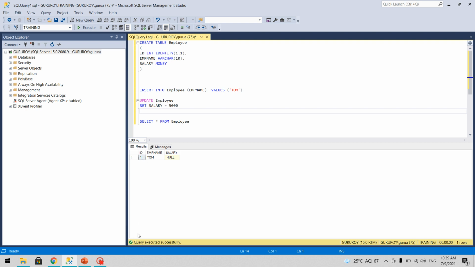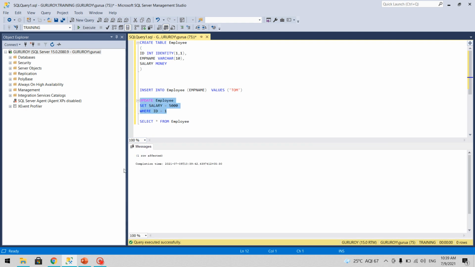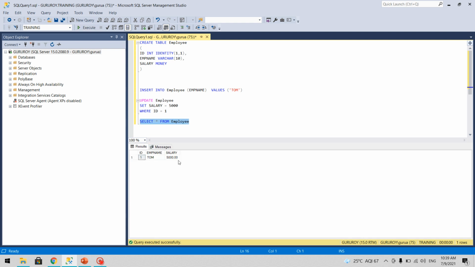But in case we have several rows, we have to write a where condition, otherwise it will update all the rows with the value 5,000. So let's write where id equals 1, then select and execute this statement, and again check. So our data got updated.